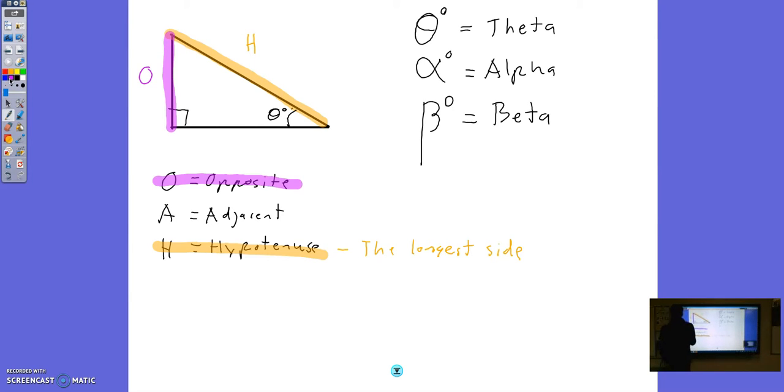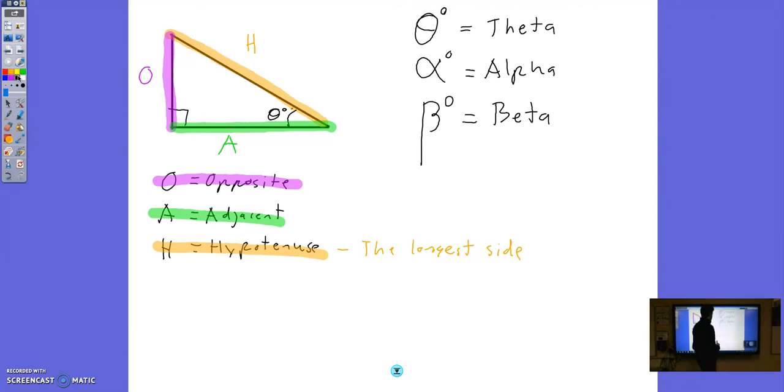The last side is the side that touches theta. The last side is our adjacent, which is this side here. And adjacent can always be remembered as the one that is in direct contact with theta, that is not the longest side. So the longest side is your hypotenuse. The other side that touches it is your adjacent side. All right. Now that we have labeled our triangle,